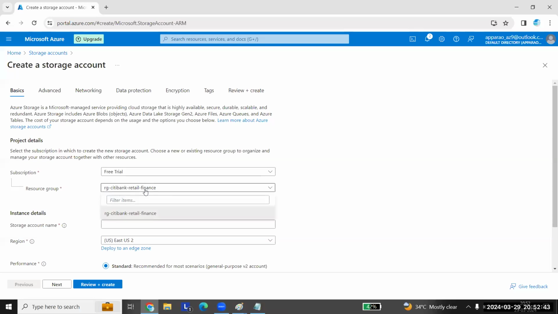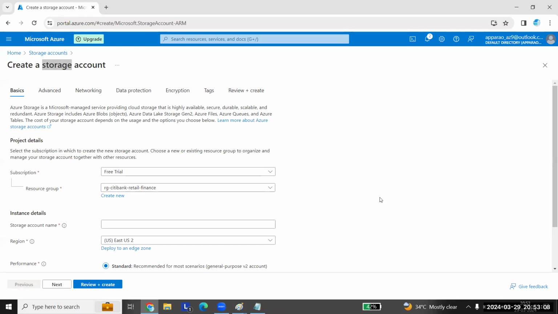the resource group. So why are you taking this resource group? Because you are creating this storage account. This storage account has to be tagged to that project, right? I am taking this. Generally, when you work in real time, you might have multiple projects, and each project will have a unique resource group.